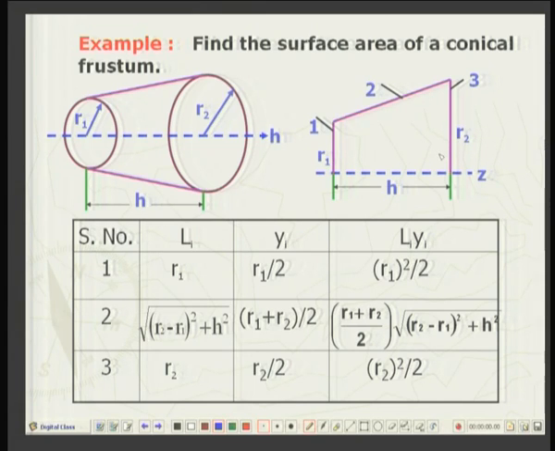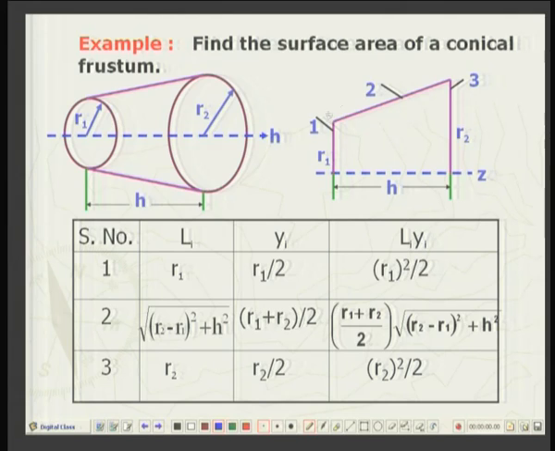So, if we rotate this C shaped body, a wire bent in the form of C, about this z axis, then it will generate the frustum of a cone. That is, it will have one surface over here, second surface over here, and the third surface will be this slant surface. Okay. Now, the radius of the left hand end will be equal to R1, right hand end will be R2,